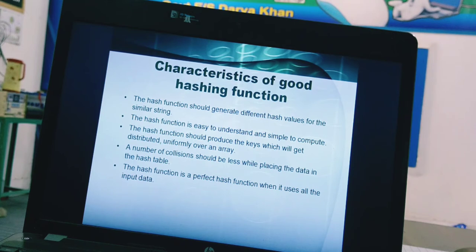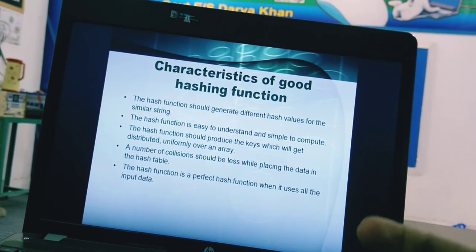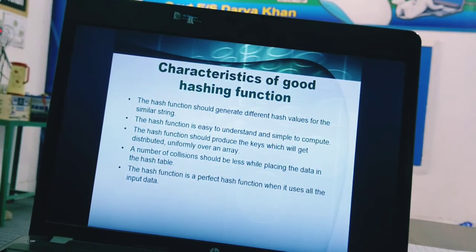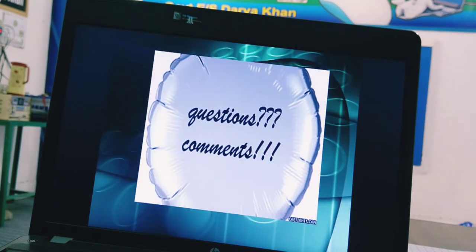The hash function should be easy to understand and simple to compute. Hash functions should produce keys which are distributed uniformly over the array. The number of collisions should be low while placing the data in the hash table. A hash function is perfect when it uses all the input data.